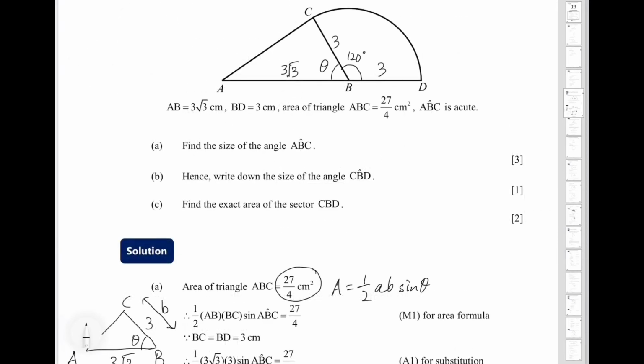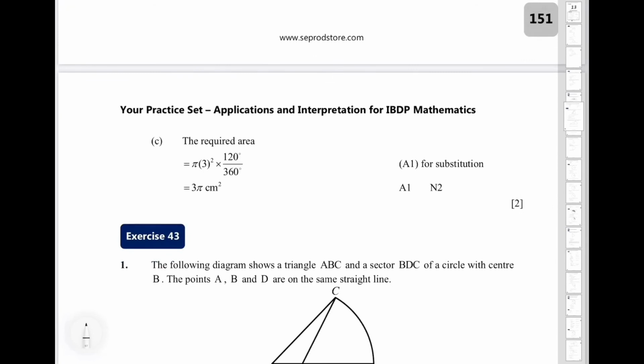Then in part C, we are going to find the exact area of the sector CBD. As we are going to find the exact area, we are going to express the answer in terms of pi. From the result of part B, we know that the angle CBD is 120 degrees, and the radius of this sector will be equal to 3. As we already have the angle subtended by the sector and also the radius, we can consider the use of this